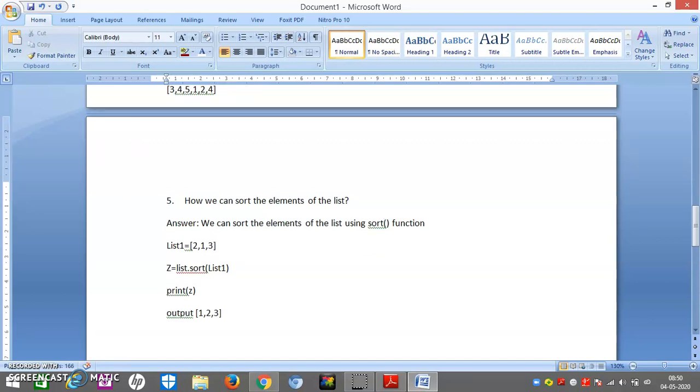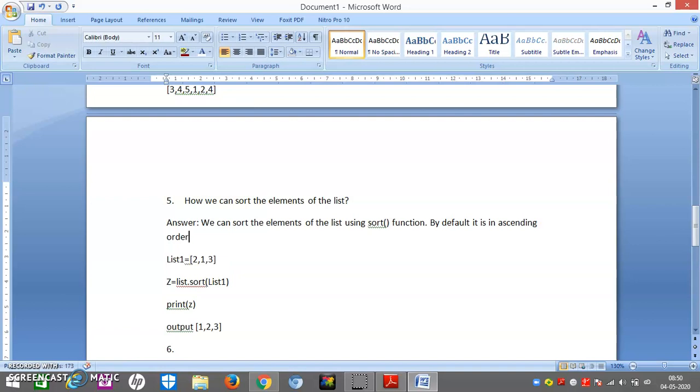So this is it. Now coming to the next question. By default, sort is in ascending order. By default, it is in ascending order, right? So how to use the sort function? I have told you that by default it is in ascending order.